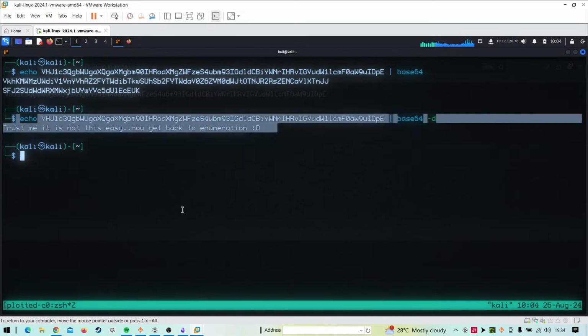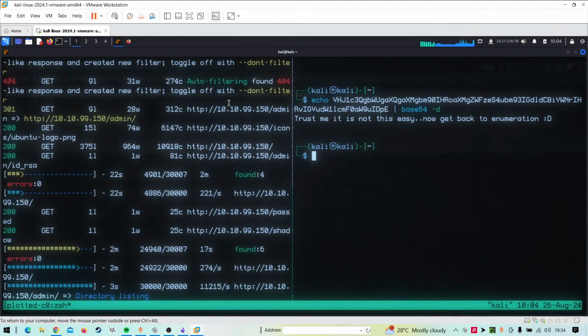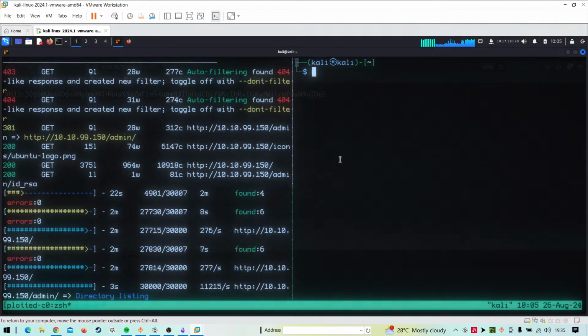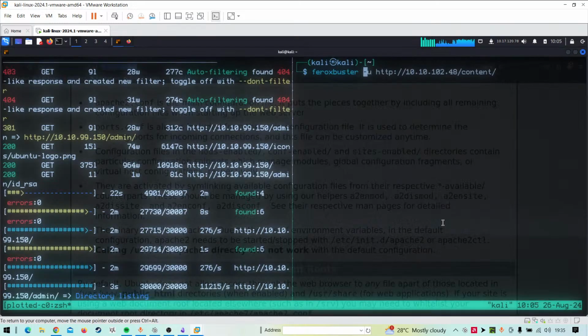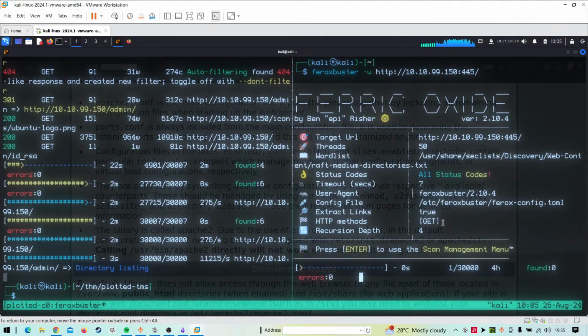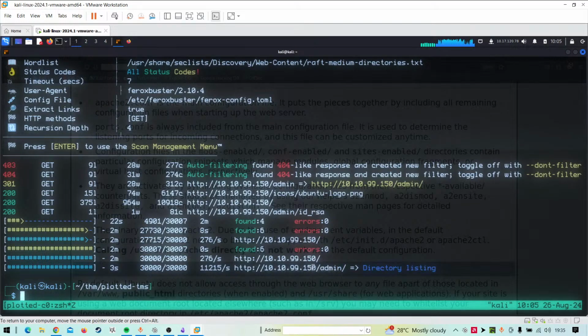Okay, fine. We can just delete this. We have the IDRSA. Okay, let's do one thing. We have feroxbuster, and we'll run it on this directory also. In any case, there might be something missed. And we have a result here with admin.